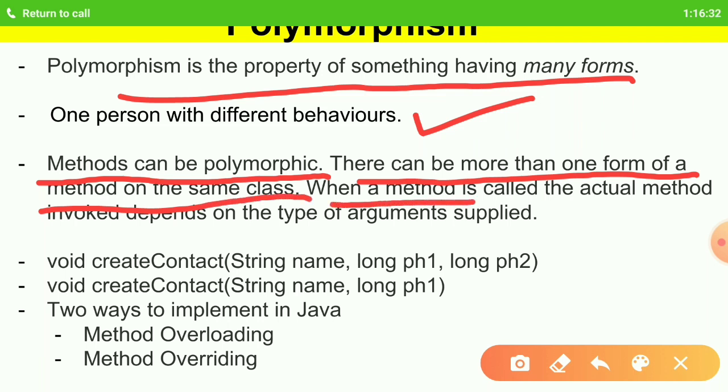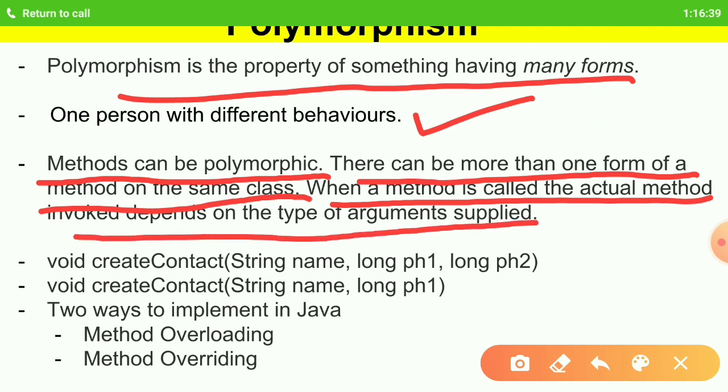When a method is called, the actual method invoked depends on the type of arguments supplied. If you do not understand this third point, don't worry, we will discuss this topic in detail when we study the methods or functions chapter. But for now I'll briefly explain.